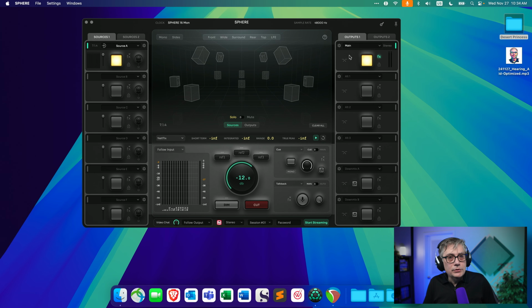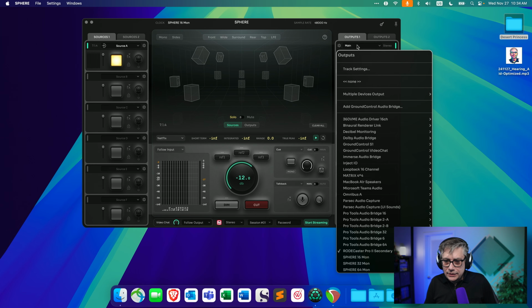For that, we're not going to send that to the Rodecaster directly. What we're going to do instead is send that to a multiple devices output. Essentially, we need to tell the output, hey, you don't have only 2 channels, you actually have 12 channels, and that can be done with the multiple devices output. We're going to send just the first 2 channels, left and right. Those are the channels that are going to come out of Virtuoso into the Rodecaster, and the remaining ones we are going to leave empty, and that should work.